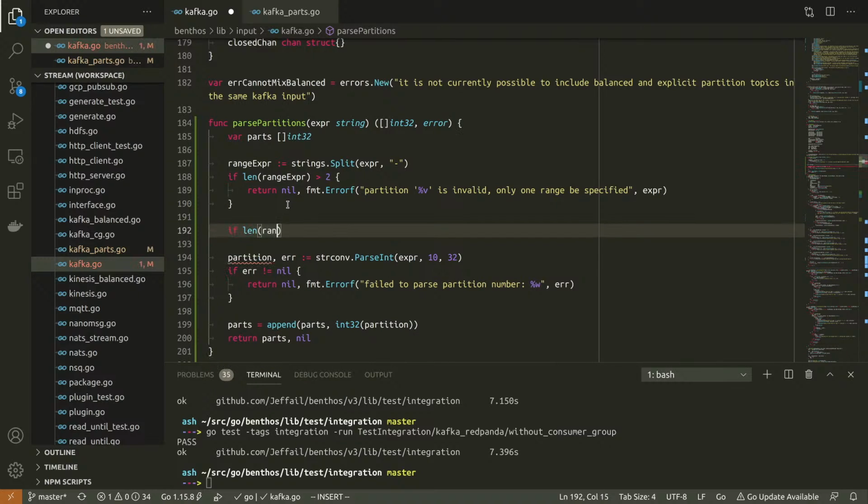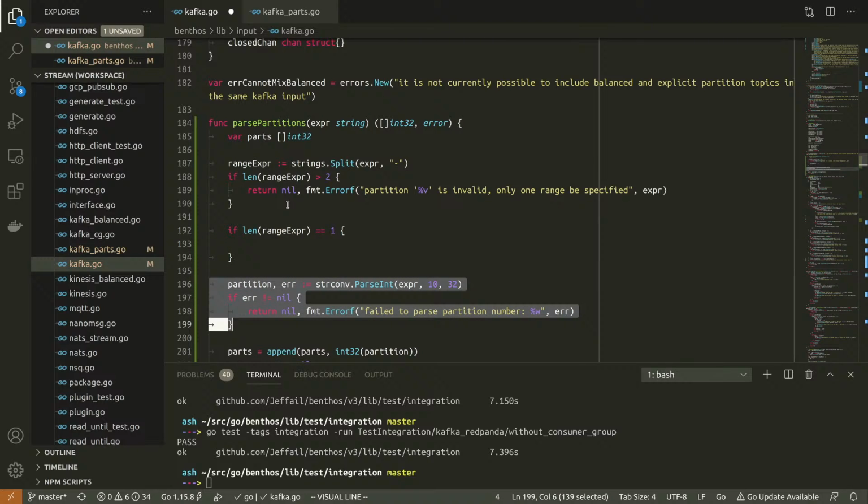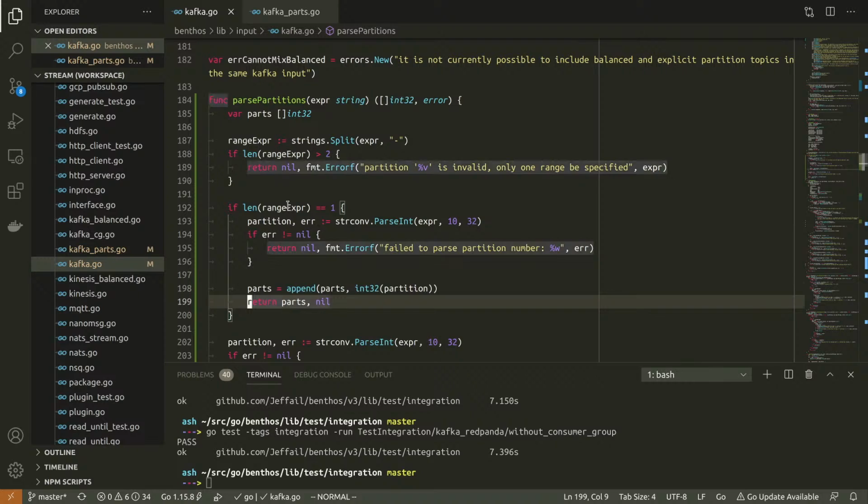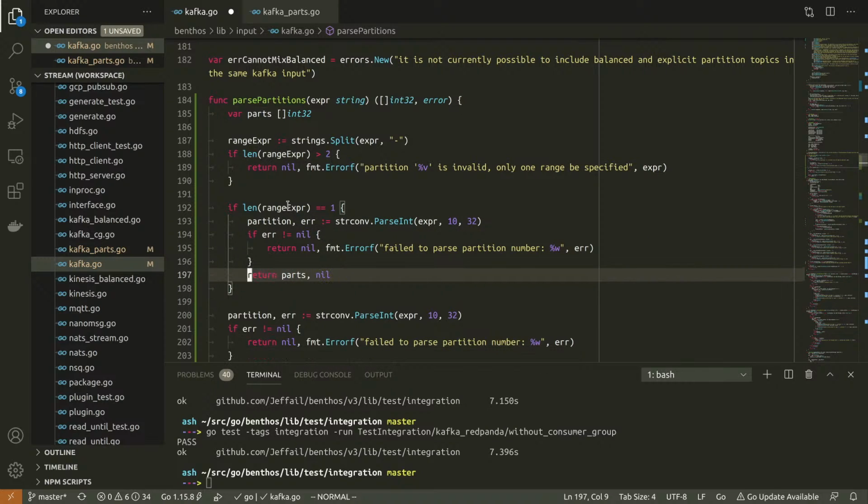If it's 1, then we just parse the entire expression. I'll tell you what, we're going to exit early here.